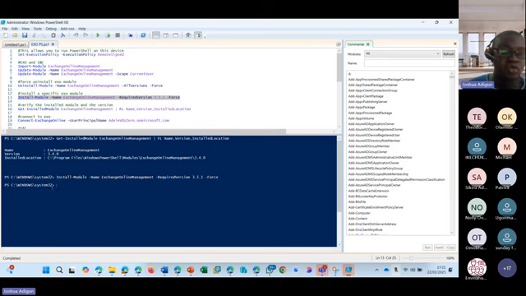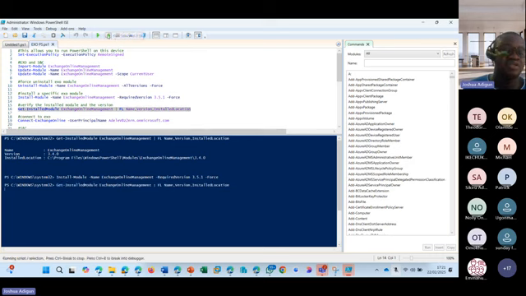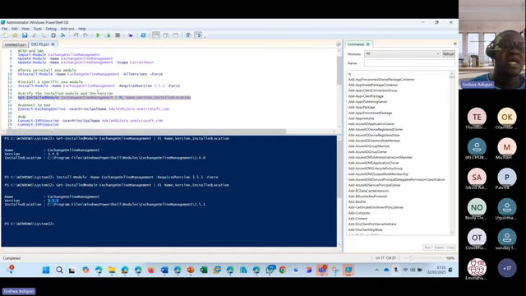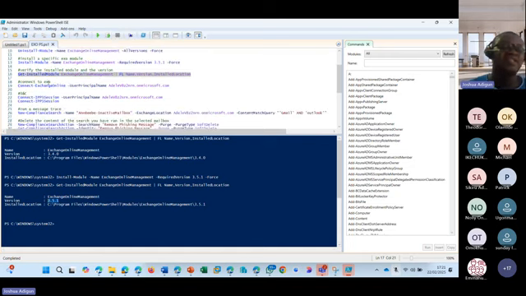Okay, so it's installed now. So let me go back here to verify the version that is installed. I click on this. So I have 3.51 installed now, right? So how do I connect to Exchange Online? I use the Connect-ExchangeOnline